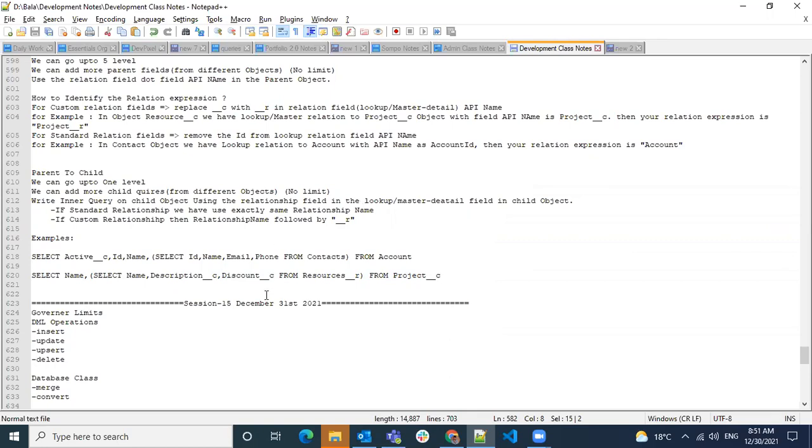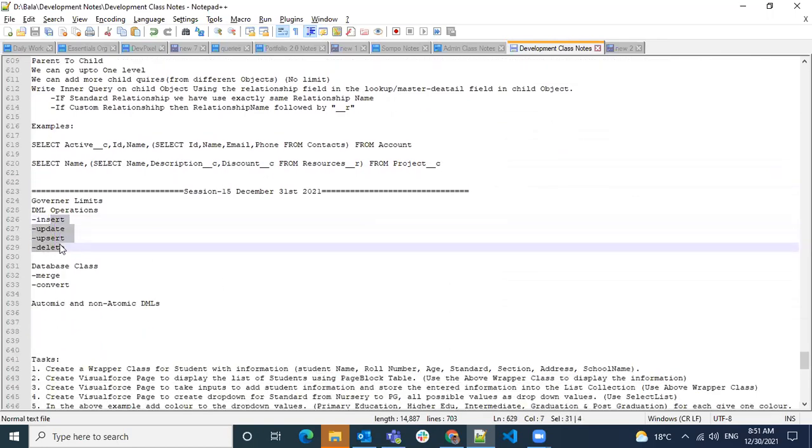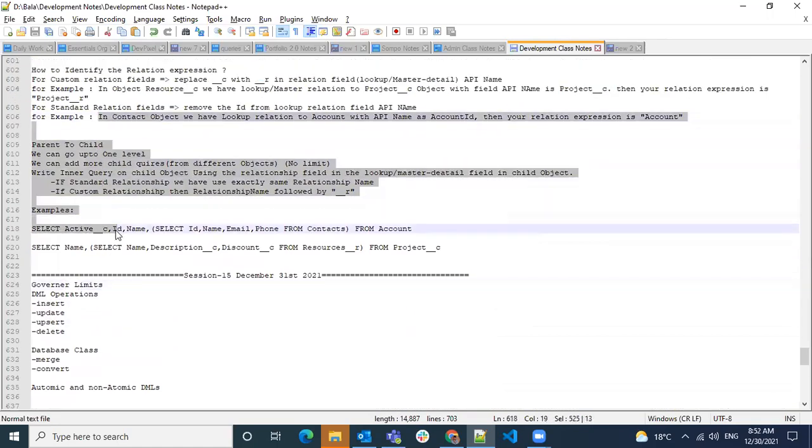And we have some interesting topics tomorrow, like doing DML operations and governor limits. So far I have not covered any governor limits for SOQL queries. In short, we can query up to 50,000 records using SOQL queries. It is not for a single query, it is the entire transaction. Let's say you click on some button and call a method, and inside that method you write a query on some object. If you have only one query, that will have a limit of up to 50,000 records only. If your object has more than 50,000 records, it throws an exception.